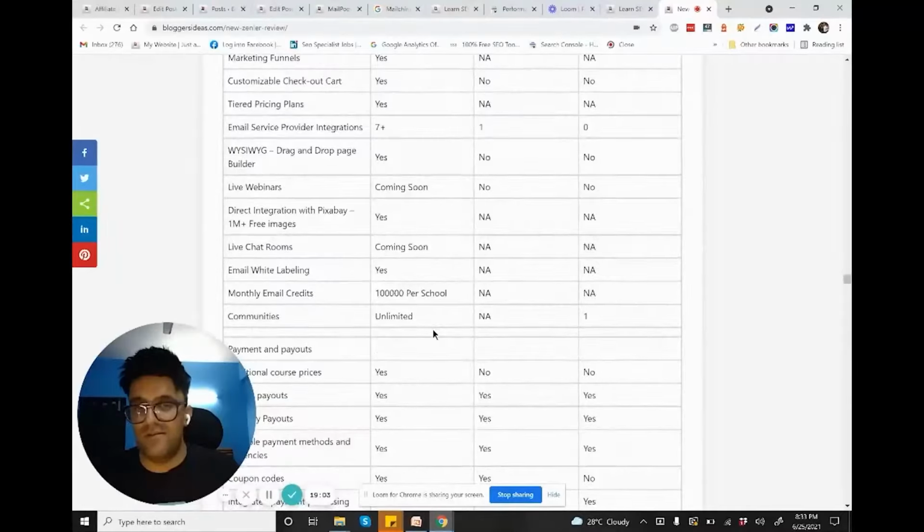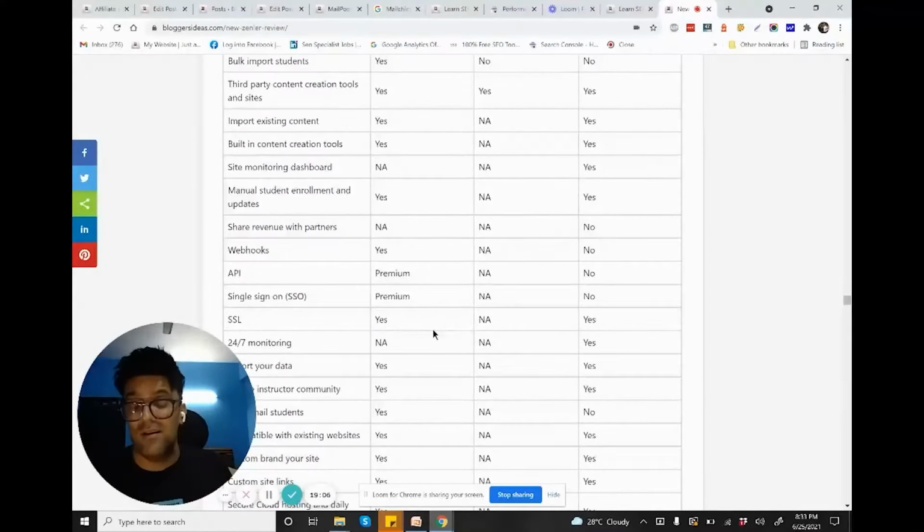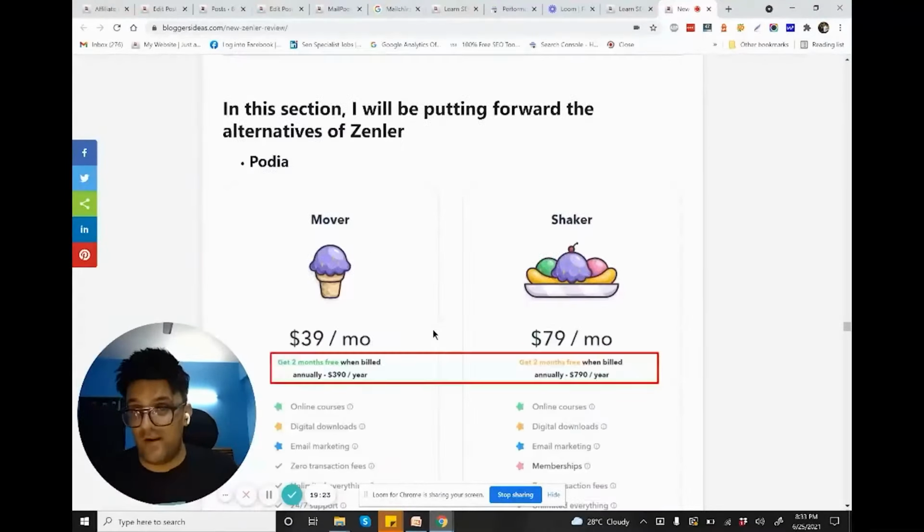So I'm sharing with the readers all the information they want in this article, because in the review article I'm adding the alternatives and the comparison of that particular product. If someone is reading my review, they want to read the comparison between the other products, so they can get all the information in my review article. So that's very, very important. Make sure you have this kind of crystal clear information in your article.